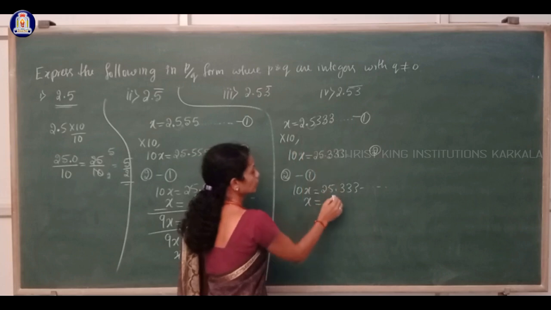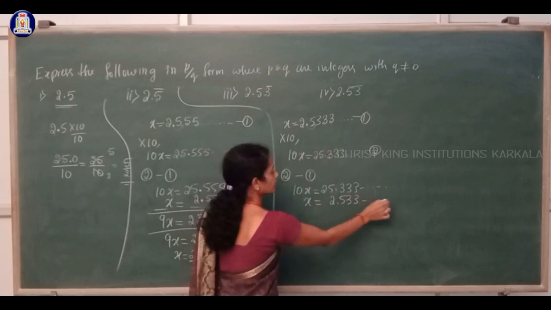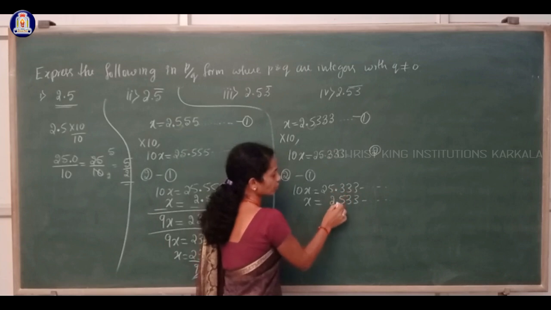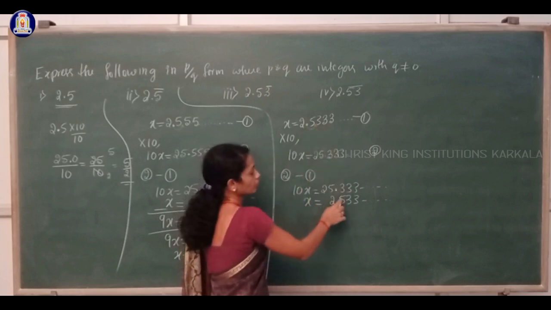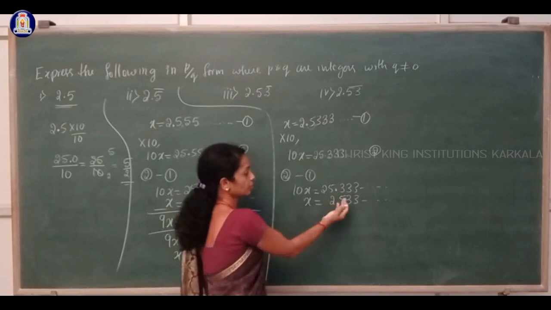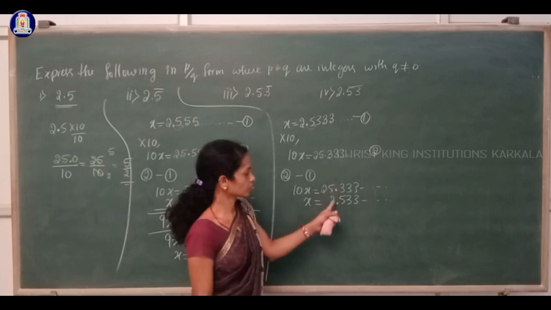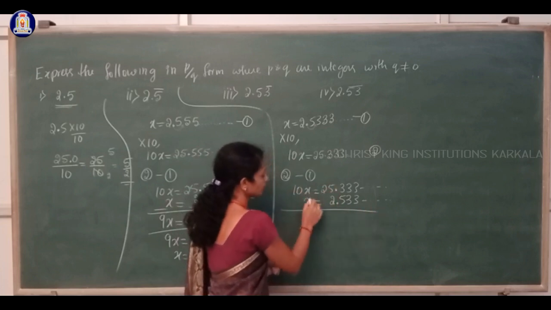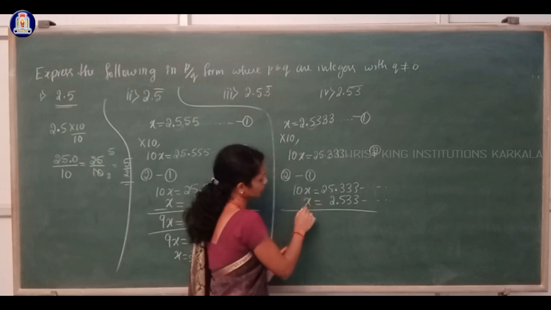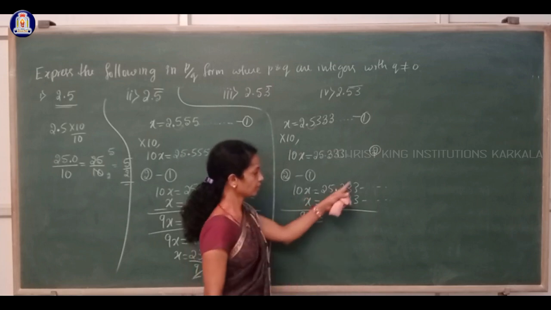x is equal to 2.533 etc. Under the decimal point you have to write a decimal point, and after the decimal point 533 carefully you have to write, and before the decimal point only one digit that you have to write below this 5, not below 2. Okay, and subtract 10x minus 1x. This is 1x, 10x minus 1x is 9x, and here 3